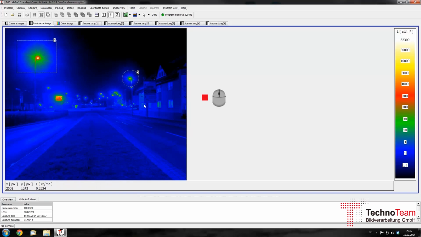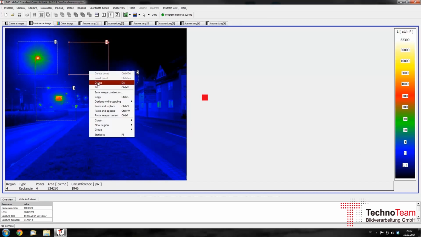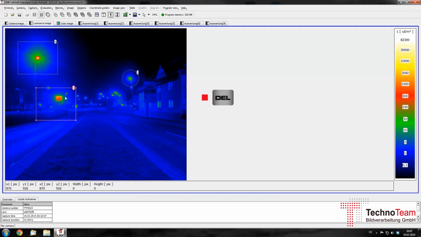A measuring region can be shifted if the cursor is on a marked region and the shift cursor is activated. By keeping the mouse click pressed, drag the marked region to the desired position. To duplicate a measuring region, the procedure is the same as shifting, but keep the Control key pressed. The program recognizes it as the copy cursor and your region will be duplicated. Similarly, you can delete a measuring region by right-clicking the mouse button and selecting Delete or pressing the key Del